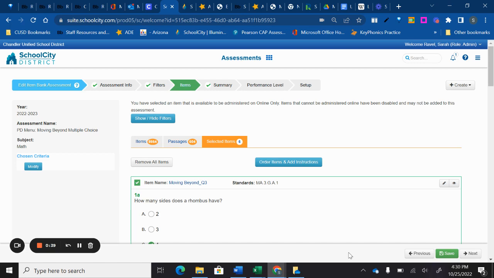There's two ways you can create an item. One is through your item bank, but I find the easiest way is just to go ahead and start your assessment and create your item from there. The advantage of opening an assessment and creating your items there is that the item is automatically added to your